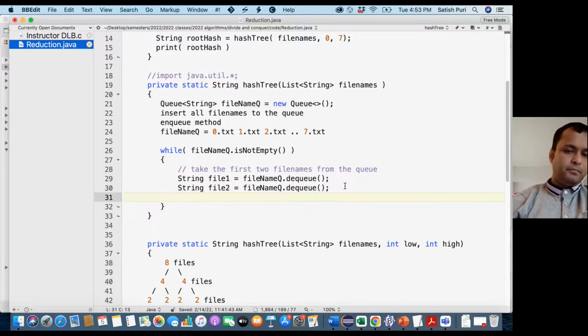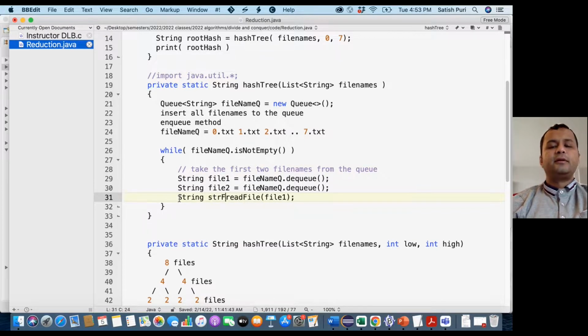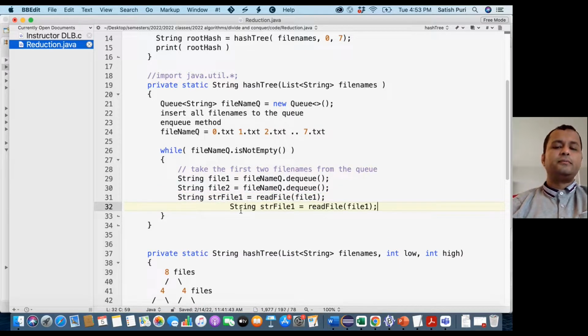So you basically read these files. Now you could read the file and get the string representation of the files, and you do that for the second also,